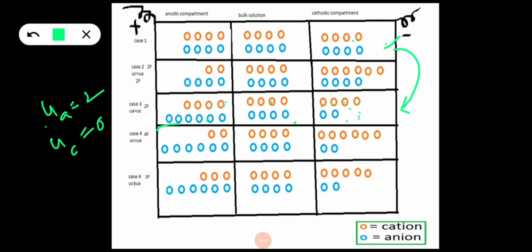Now let us see the number of ions getting deposited at their electrodes. All these are paired here, only 2 are left free. Only these 2 ions will be deposited at the anode. Now here also these 2 are paired. Now left over are only 2 cations. So these 2 cations will get deposited at the cathode. So the number of ions getting deposited at the anode is 2 equivalents, and the number of ions getting deposited at the cathode is also 2 equivalents. So the same number of ions are getting deposited even though the speed of cation and anion are not the same. Cation is having no speed, or it is not moving, only anion is moving.